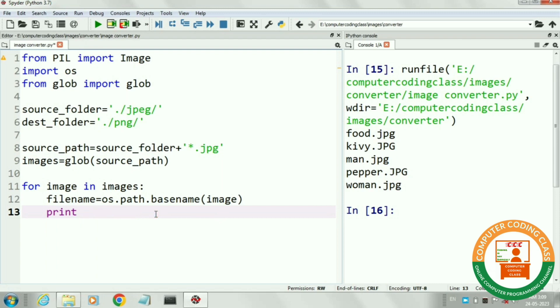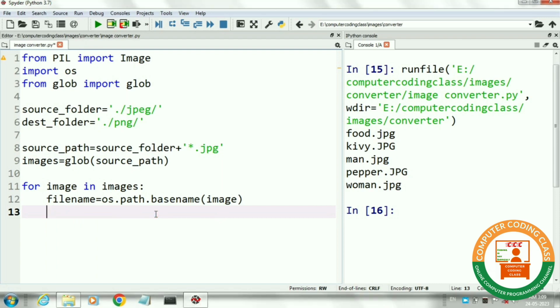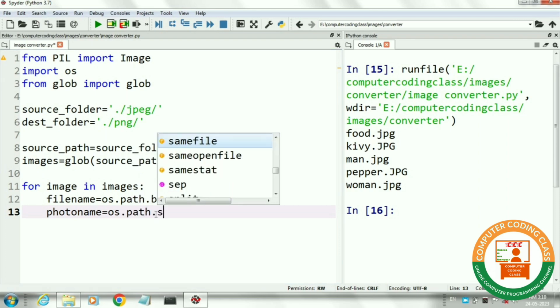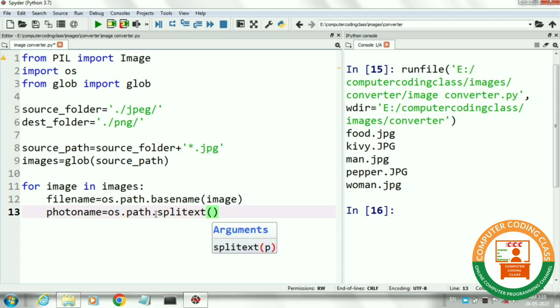Next, I will erase all the extension names from each image name. I will delete .jpg from each file name, and it will show only the file name, means food, kiwi, man, paper, woman, like this. Here I will use the splitext function that will split our image name into two parts.